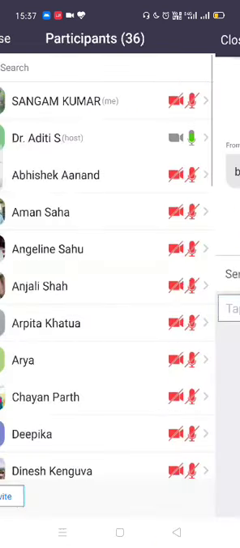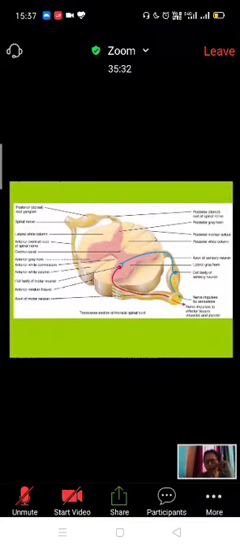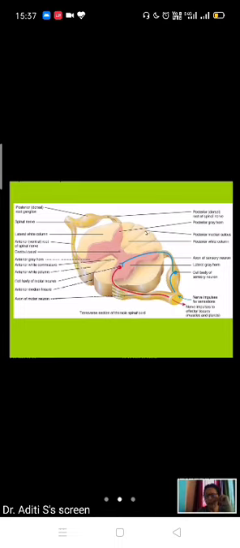At the posterior side, you see just here on either side of the posterior median sulcus, a groove is there. See, these two grooves are there. These are posterior intermediate sulcus, posterior intermediate lateral sulcus or intermediate sulcus. It is lateral to this sulcus, so it is posterior intermediate lateral sulcus, and again lateral to this posterior intermediate sulcus, this one